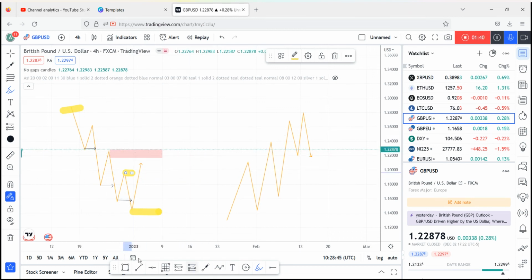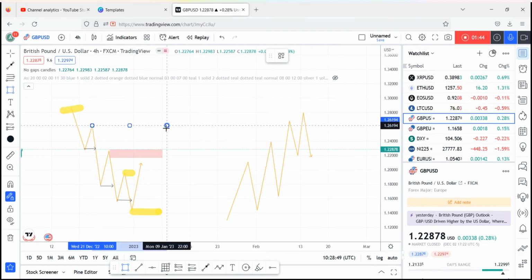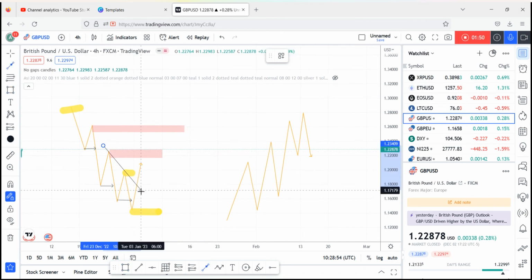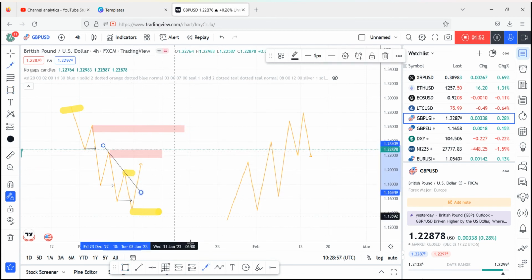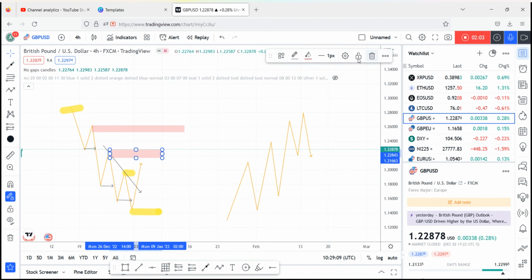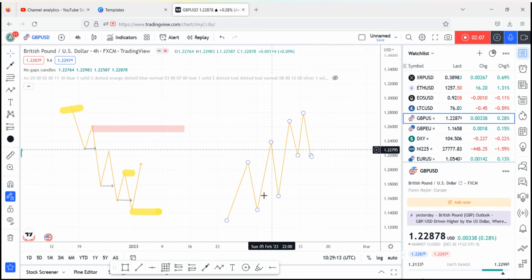You can choose this order block also, because there is a liquidity. You can see there is a trend line liquidity to the downside, and market can go upside, mitigate this, and go to the downside. But if you are choosing this demand zone, this supply zone, the order blocks or POI, whatever you can call,